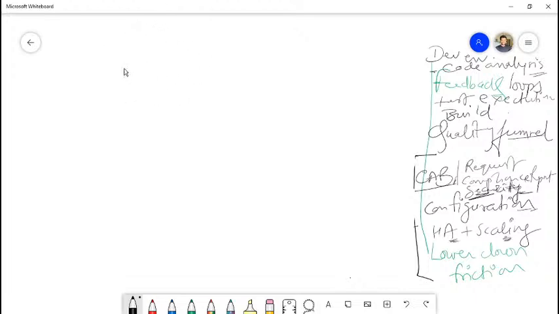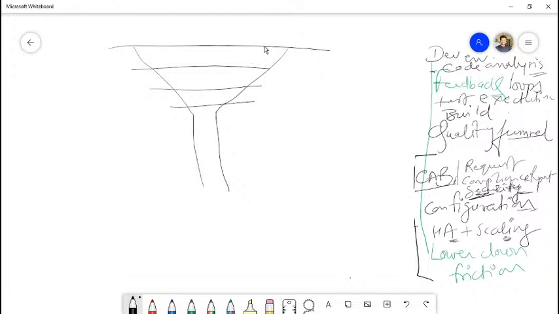So for the testing part, if I automate the testing, how would the testing funnel look like? Let's say I take you to the funnel and then we can talk about the tools and the pipeline. Okay, my drawing is not that great, but here's the funnel for you. And this funnel has various different filters. What does the funnel diagram actually mean? It means that for all the changes that are coming down from the top, so all the commits that the developer is making in the pipeline, not all those commits will trickle down. They will simply end here. Only a few might pass, and this is your production.